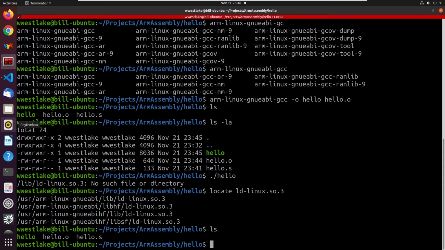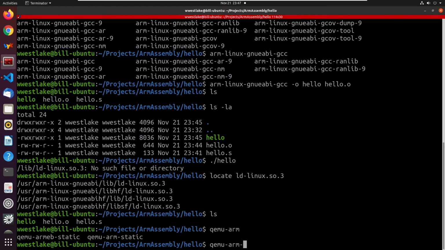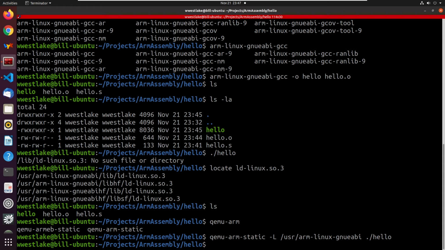We're going to type in qemu-arm-static -L /usr/arm-linux-gnueabi ./hello. And it did nothing, but it did an error. It actually ran. So now that I've got those commands kind of on the command line,